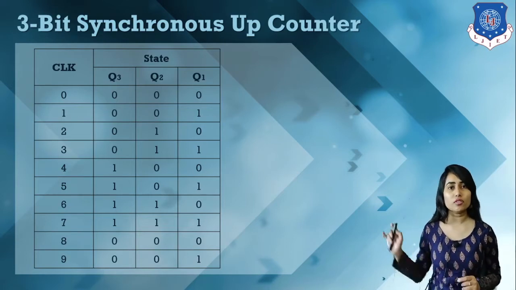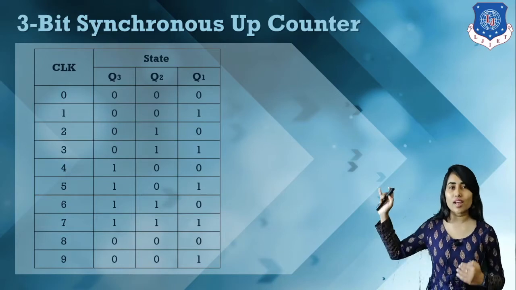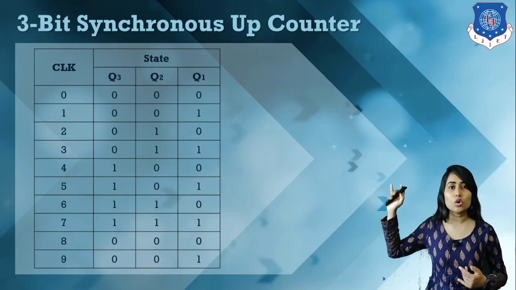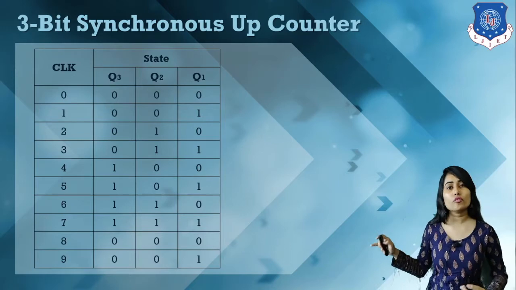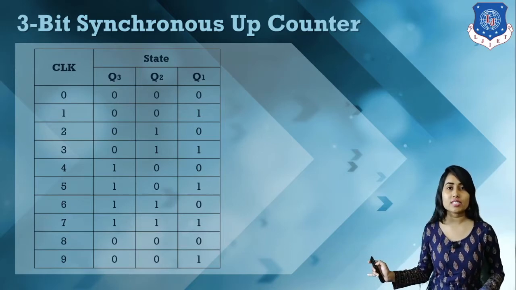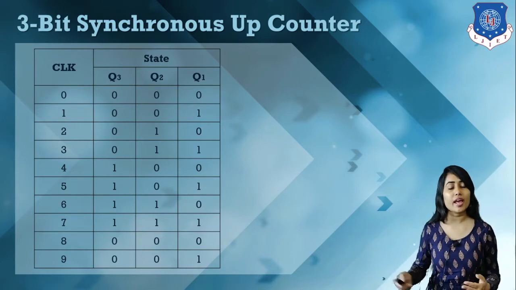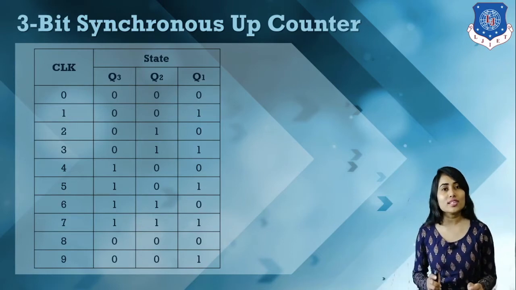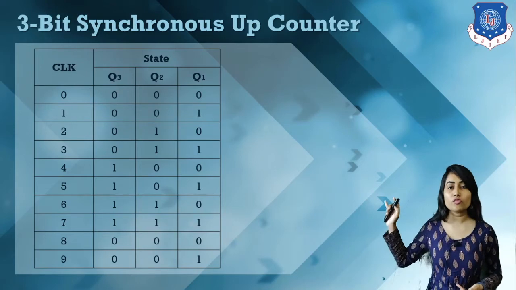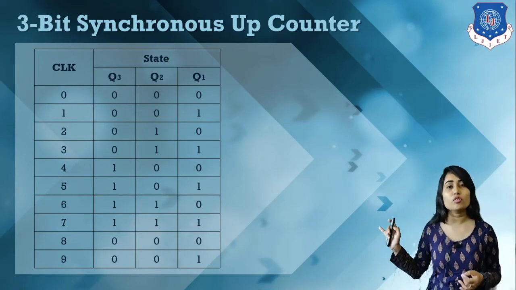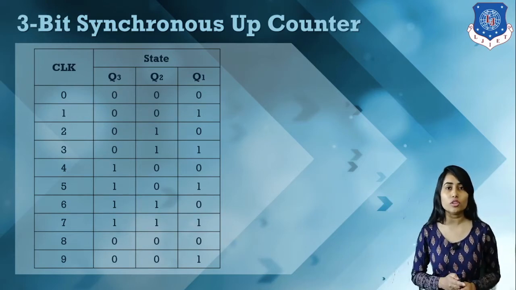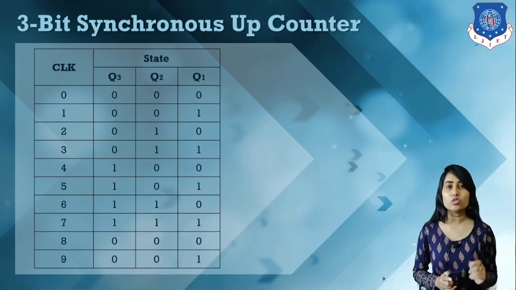So first observe this value. We write the binary of 0, 1, 2, 3, 4, 5, 6, 7, and then again our counter will restart, so it will be 0, then 1, and so on. So to design this up counter for this kind of sequence, we have to measure the input value one by one. So first observe the value for Q1.